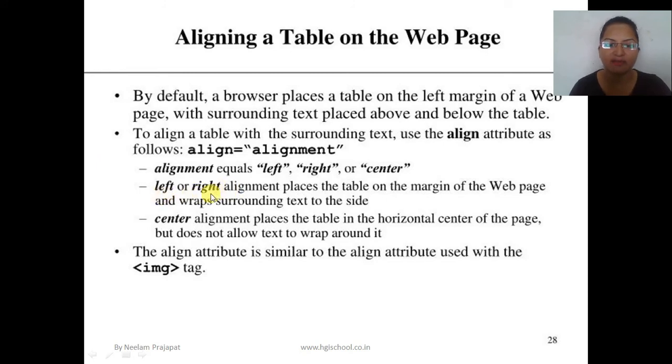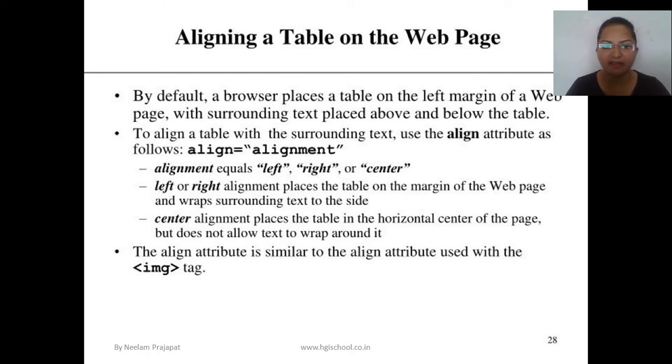Left and right alignment places the table on the margin of the web page and wraps surrounding text to the side. And center places the table in the horizontal center of the page but does not allow text to wrap around it. Because if we are entering a table with the content, like paragraphs and all, then in left and right alignment the content will surround it.